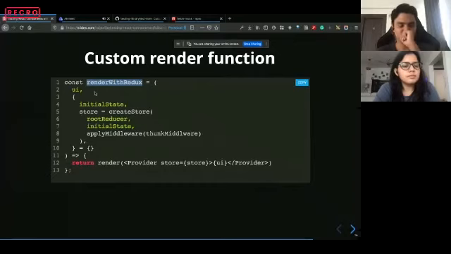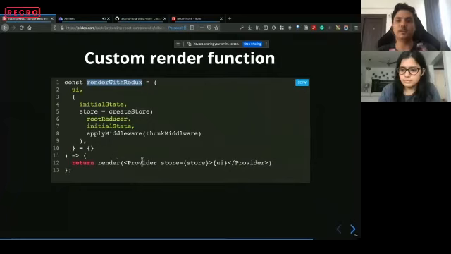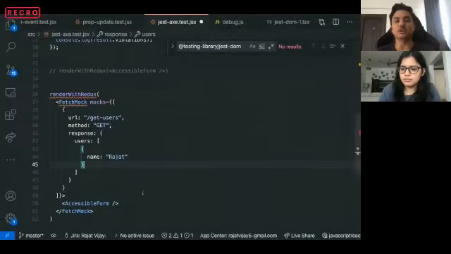Okay, so how can we test using Jest when we are using Redux? Sure. So the renderWithRedux function that I was showing you: any component that you render inside it will be wrapped in the Redux provider. And if you want to provide some initial state, for example, if you want to test a settings page that already has the user's data inside Redux, you can mock the user data and provide it in the initialState argument.